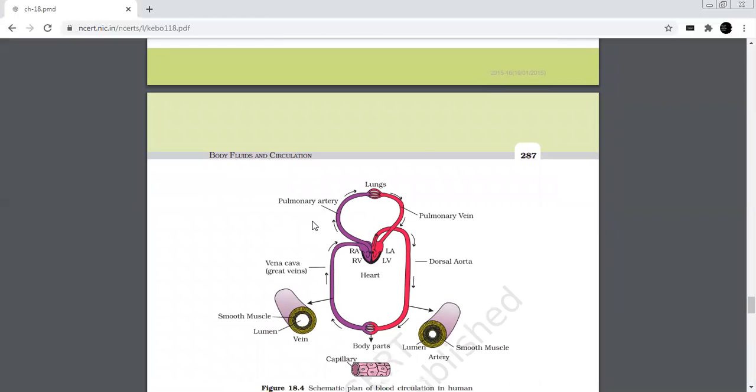What is systemic circulation? In this system, the pure blood is supplied to all parts of the body through the transport of oxygenated blood entering the aorta. Here you can see, blood entering the aorta is carried by the network of arteries, arterioles and capillaries to the tissues, from where the deoxygenated blood is collected by the system of venules, veins and vena cava, thus emptying into the right atrium. This system provides essential nutrients, O2 and other essential substances to all the tissues of the body, and eventually takes away CO2 and other harmful substances from the tissues for elimination from the body.